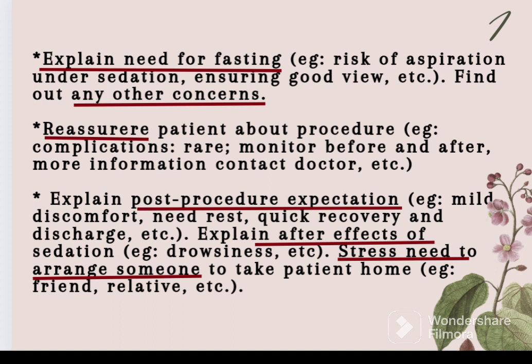So in this conversation, what you have to keep in mind is that it is a two-way conversation. Always, the card will involve a two-way conversation. It is not a single-way conversation or a monologue. You have to include your interlocutor also. In between, you can ask them, do you have any concern? Then they will give you the next task. So equally, you can have the conversation with the interlocutor. If you only explain from your side, it will not be a good presentation to get a B score.